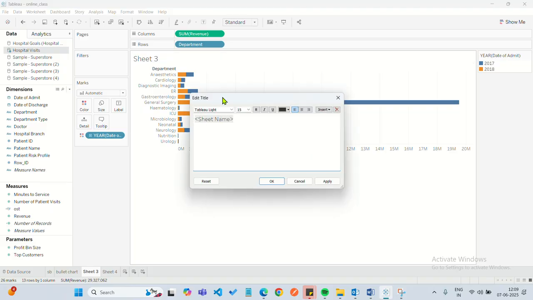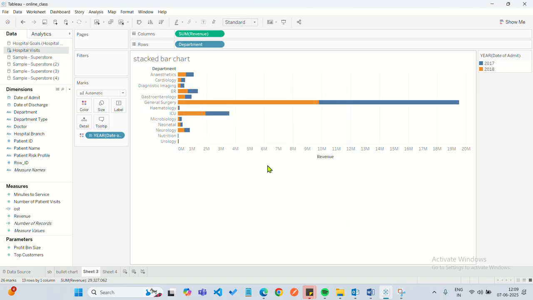Actually, I will just write it here. It is called a stacked bar chart. Okay, this is the name of this type of graph, stacked bar chart. Why? The data of 2018 is kept here, and above that, the data of 2017 is stacked